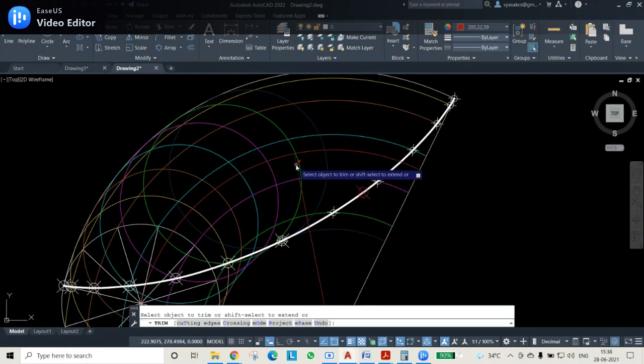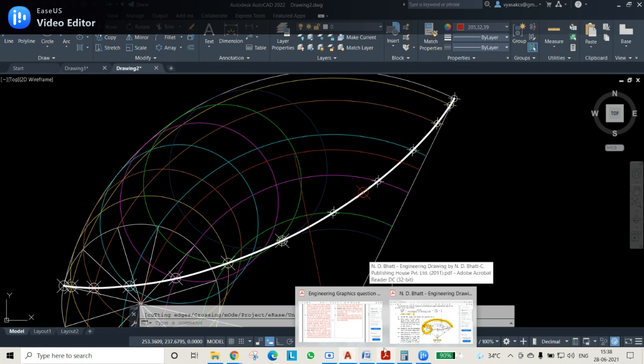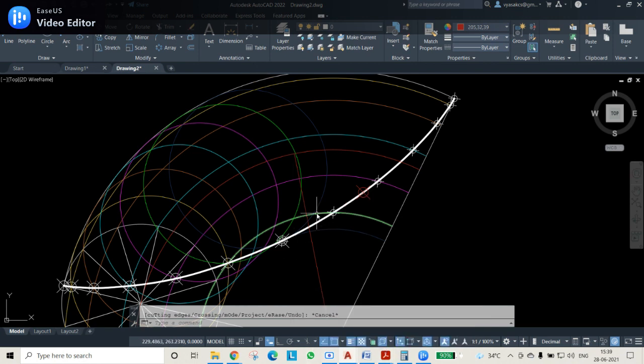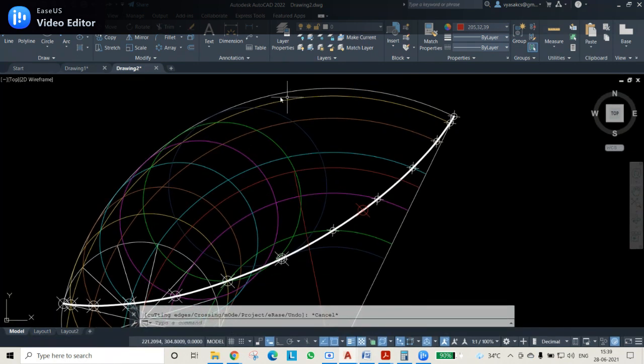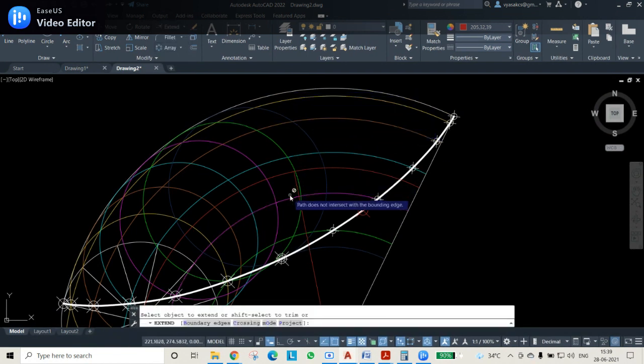Then once this is obtained, in the epicycloid case, from the base circle we have used the straight line. Here the base circle is in the top position. You can see it is in the top position. So this red color line should be extended up to the generating circle. So instead of trim, go for extend, and click on it several times so that it is extended up to the last point. So that last point is up.